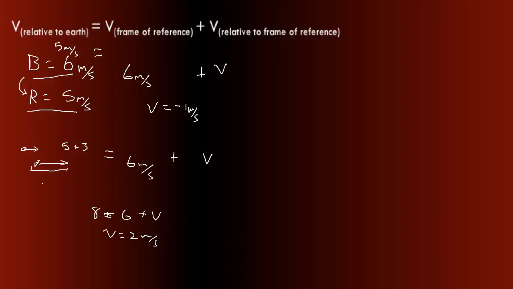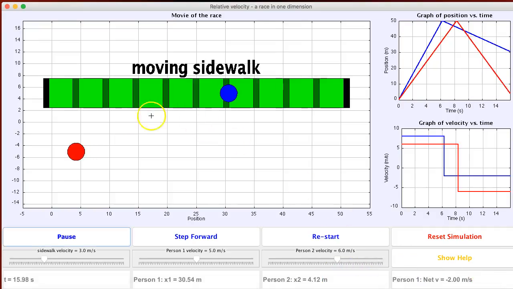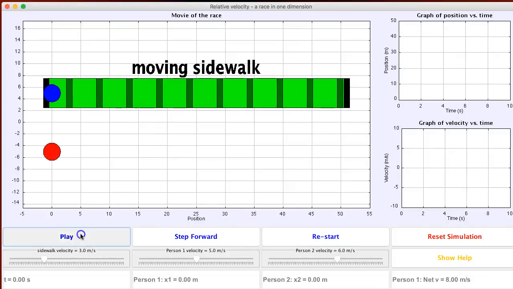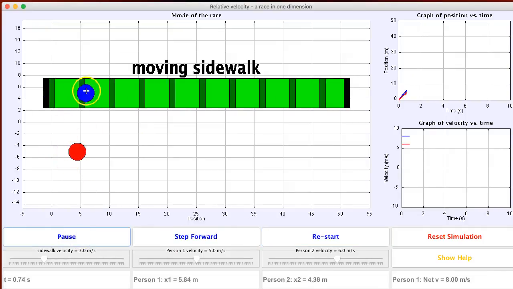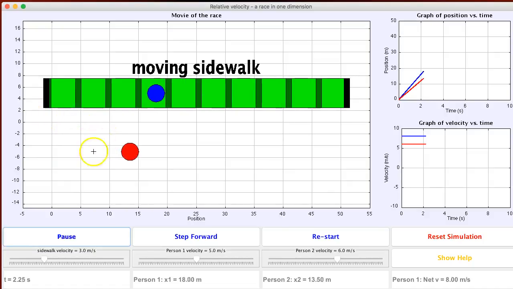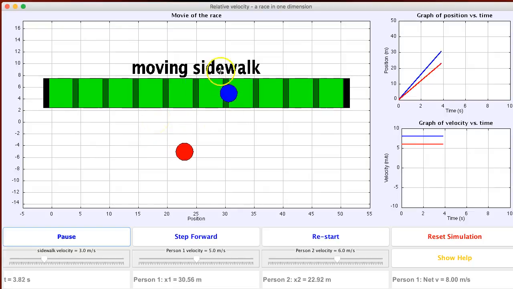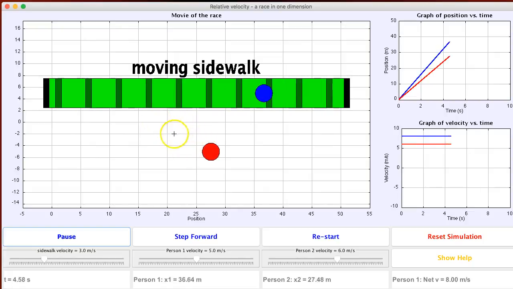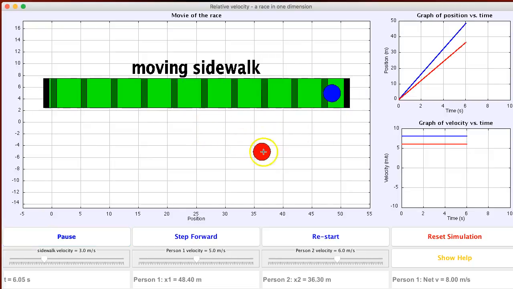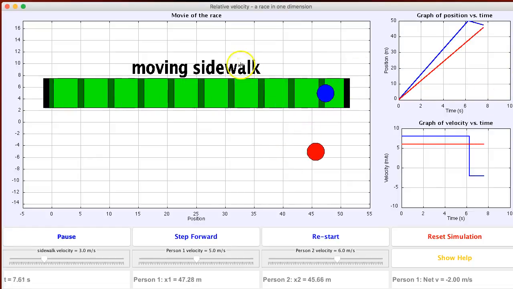So this blue person sees the red person passing them. Oh, we got to restart it. This red person sees the blue person passing them at a rate of 2 meters per second. And I'm just realizing now that I said all the colors backward the whole time, so I apologize for that confusion. Not like this isn't already confusing enough. But really, all we care about is the fact that this person is going 2 meters per second faster than that person. Alright, so the next thing we're going to look at